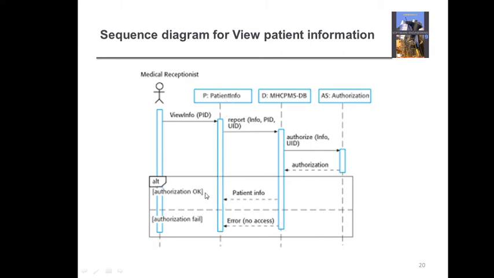We are not giving the information back to the user. See the difference. We requested a report from the database class, and he sends a view information request to patient info. So viewing will be done here. It acts as a user interface. While the request of the report was given here, authorization was given here, we got a response and the response is given back to this patient info class.